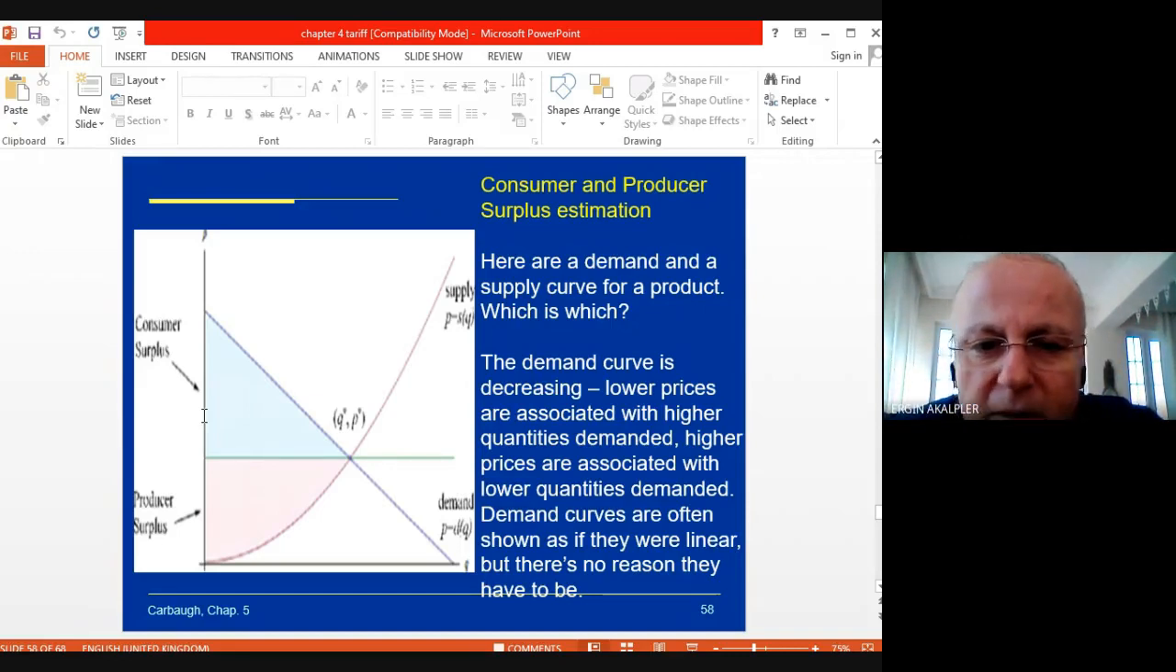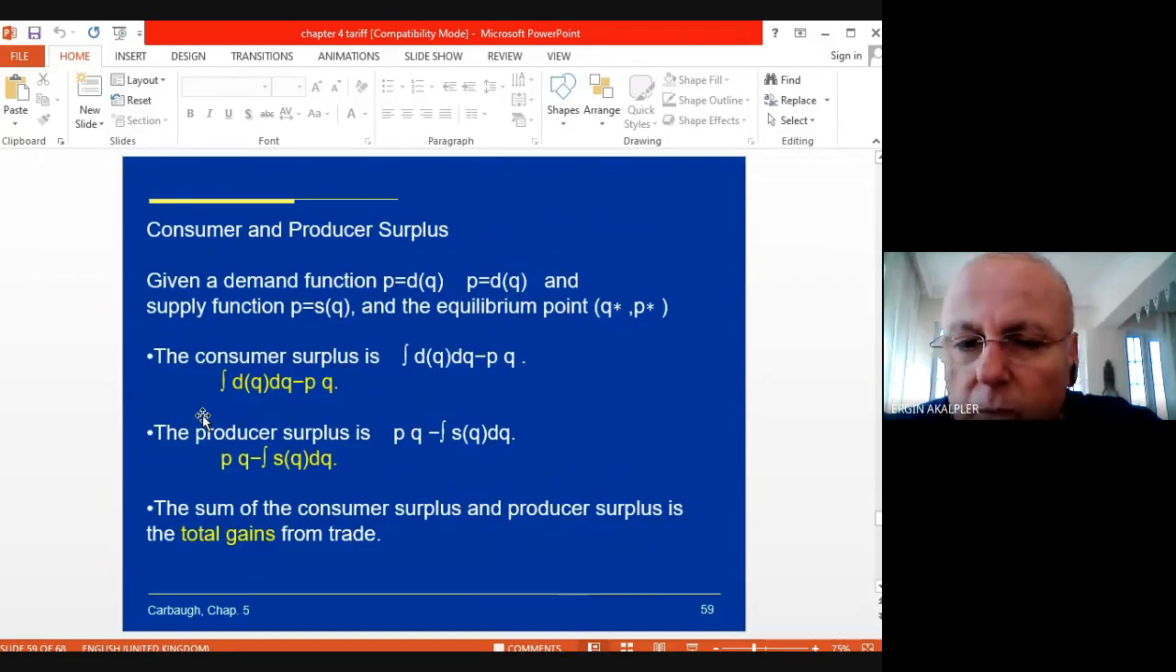Here, there is a demand and a supply curve for a product. The demand curve is decreasing. Lower prices are associated with higher quantities demanded, and higher prices are associated with lower quantities demanded. The demand curve is often shown as if it were linear, but there is no reason it has to be. Therefore, we have to calculate the consumer surplus and producer surplus by using this integral equation,